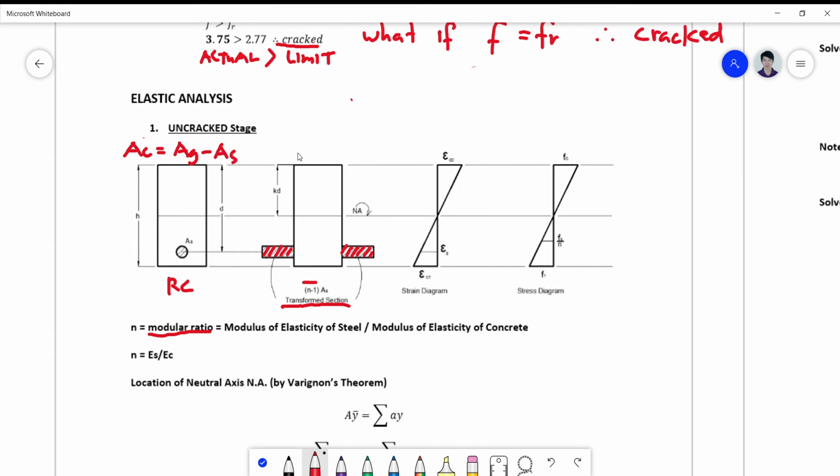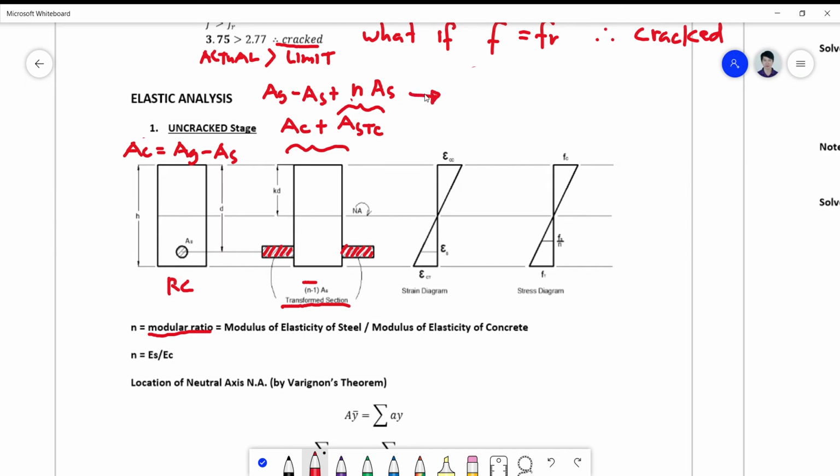So your area here will now be simply equal to the concrete plus the transformed steel section, or simply A steel transformed. Okay, so your area of steel transformed is now equivalent to n times the area of steel. And if we substitute AC equal to AG minus AS plus this one,